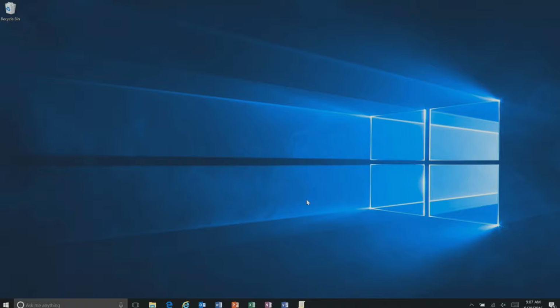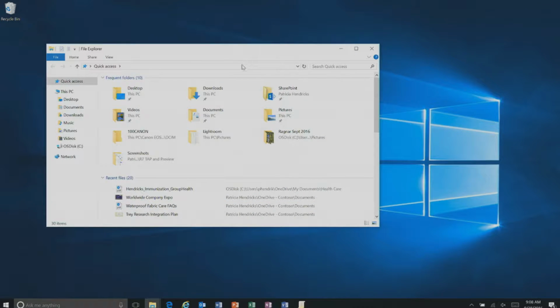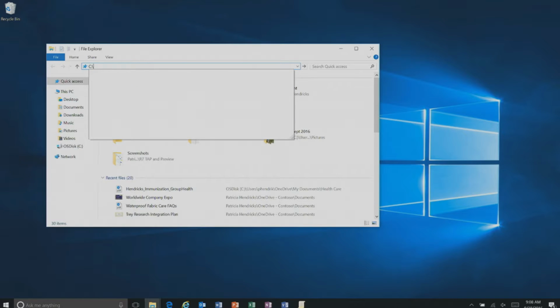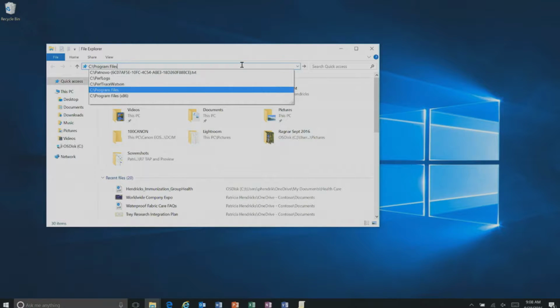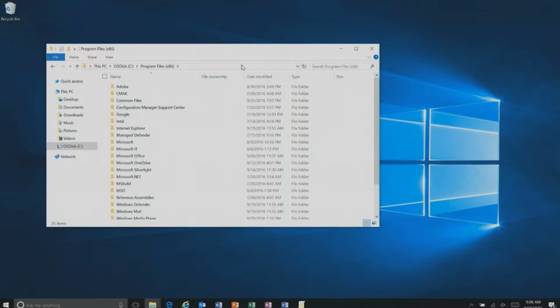So I'm going to show you where OneDrive installs. And just keep in mind that you can apply these same principles down to Windows 7 as well. They work exactly the same. So I'm going to bring up Windows Explorer. And everyone's first thought here, and it's a pretty understandable thought, is that OneDrive would install under Program Files. And of course, it's kind of hard to see, so I'll walk you through this. Here I am under Program Files where a lot of my other applications like Microsoft Office and Adobe install for the local machine. And sure enough, there's a Microsoft OneDrive folder here.